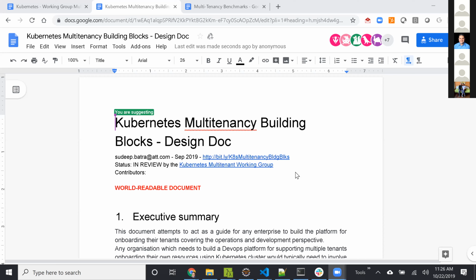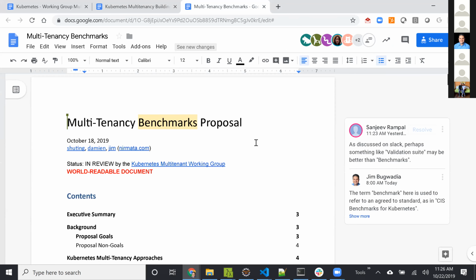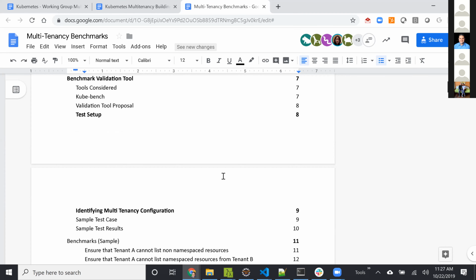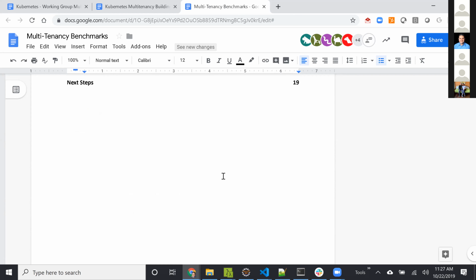Okay. All right. Hey everyone, it's Jim from Nirmata. And it's a great lead in from the previous topic. What we wanted to do is talk about a proposal to create a set of benchmarks, a set of standards, and a corresponding validation test tool that goes along with that, to verify if a cluster is set up for multi-tenancy. This came out of a discussion with Sanjeev where we were talking about the different things going on in the working group and where we could potentially help and contribute.